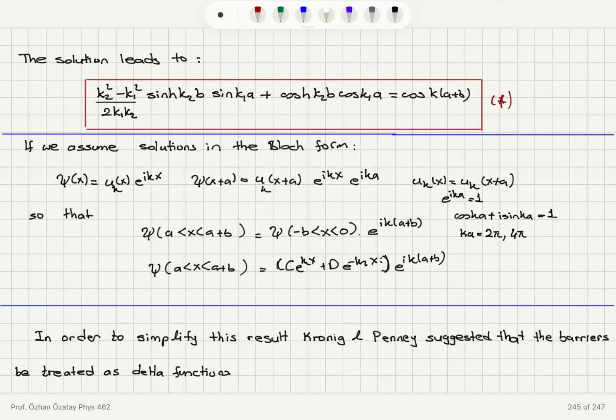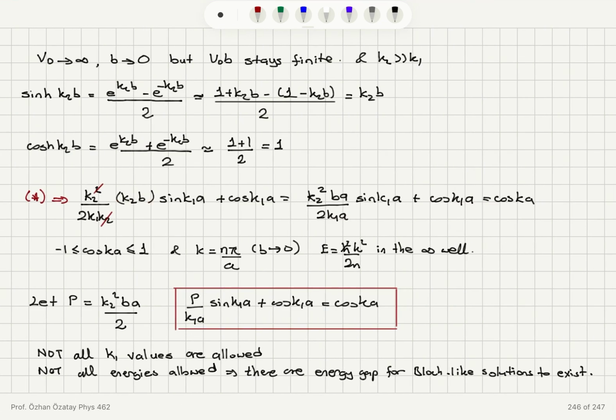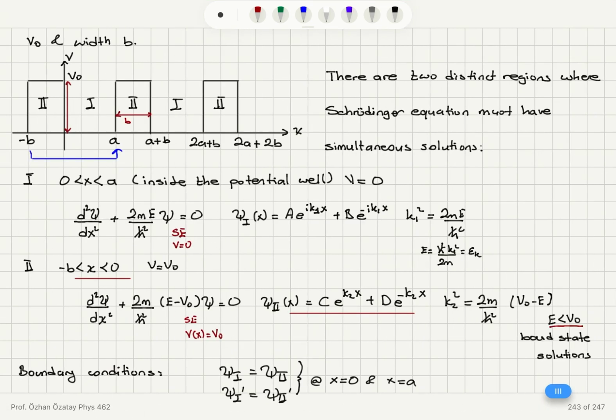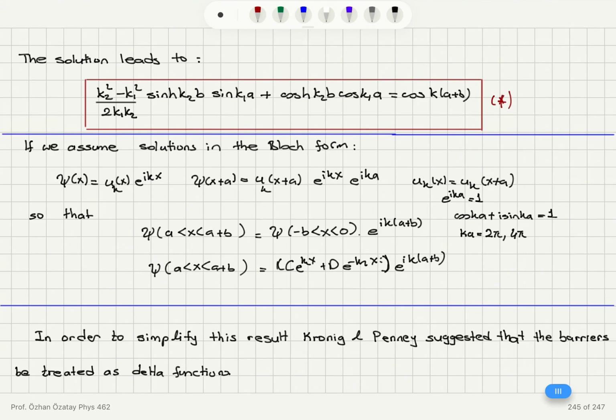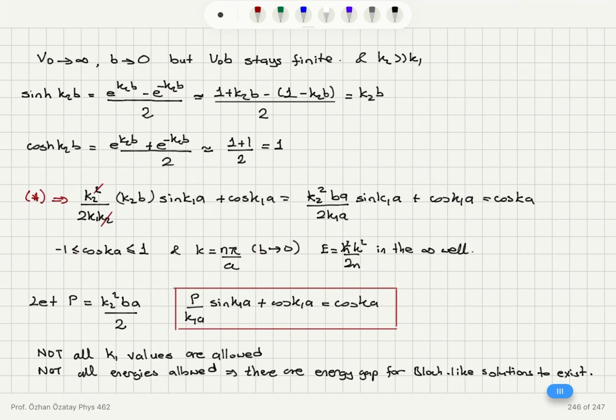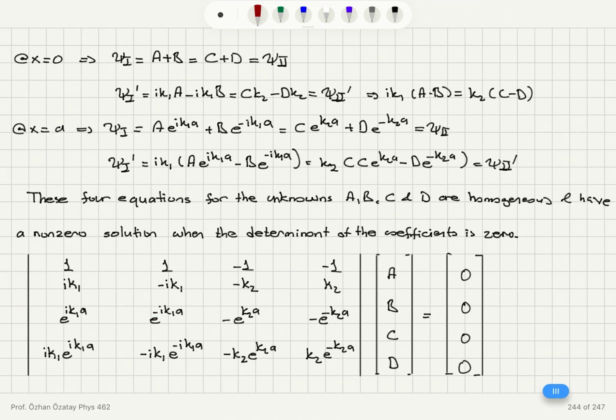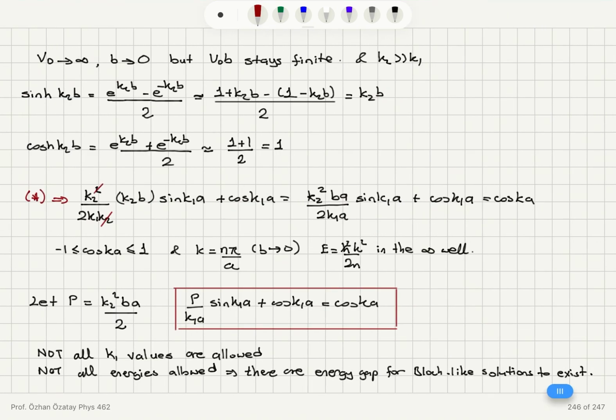Now, in order to simplify this result, what Kronig-Penney did was they assumed that these barriers are treated as delta functions. So what is the simplification in that case? These V0 values, finite barriers, become infinite. V0 goes to infinity. The width of the barrier, which is b here, goes to 0. So b becomes 0, but at the same time, V0 times b, the area of the barrier, stays finite. So this area inside the barrier should be staying finite. So that's how we obtain the delta function. Okay, so with that,